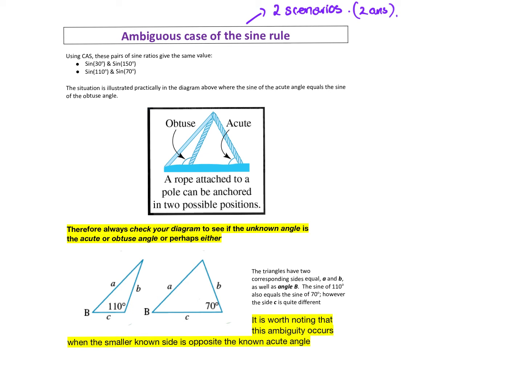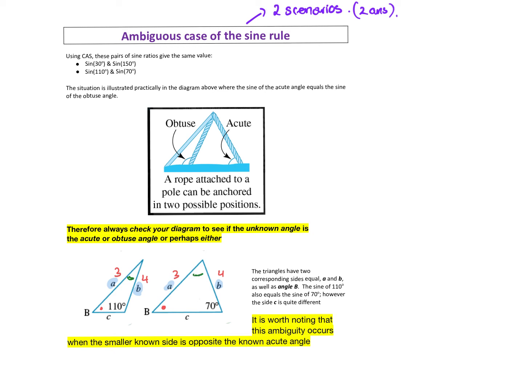So what they're saying is that this A and this B, they're still the same length. So say if that was 3 and that was 4, this is still 3 and this is still 4, okay? But what's happening is the angle is swinging and changing. But even though this B angle is not changing, up here where it's